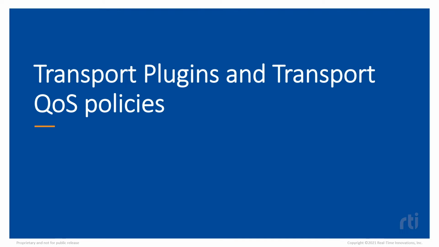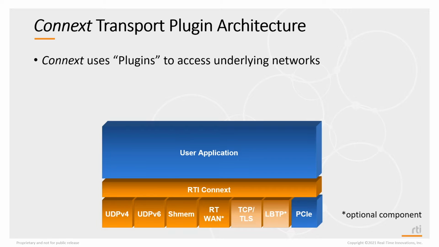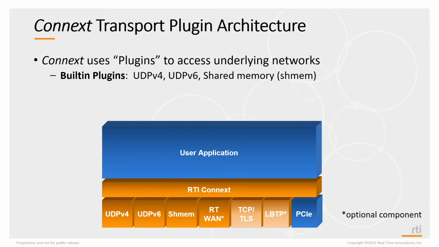Transport plugins and transport QoS policies. Connext DDS uses a plugin architecture to access the underlying network technologies that are supported. So fundamentally, almost any network technology can be used by DDS. It doesn't have to be IP-based, although by default, Connext has some built-in plugins that are ready to be used